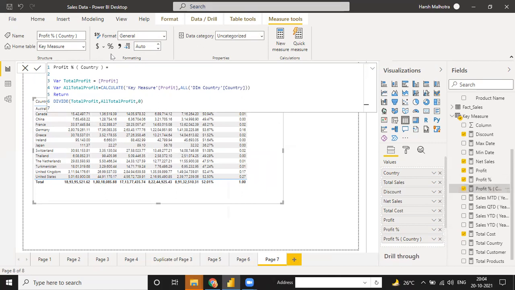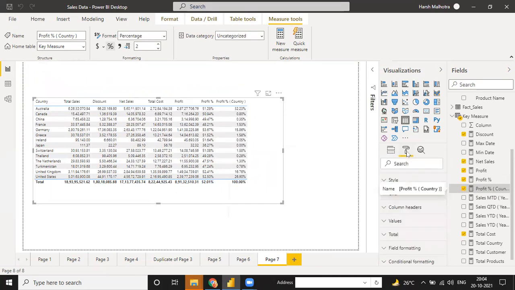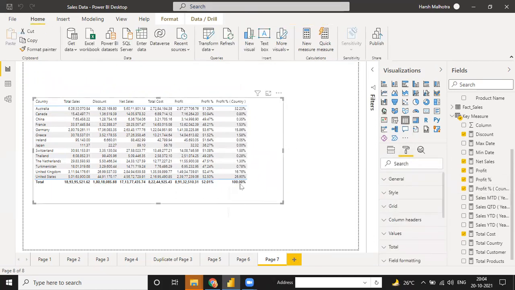When you click on this percentage, see the total of 100%. It means that in total, of these countries we have the highest percentage of profit in Australia, Canada, US, this kind of country, and second most highest is Germany.